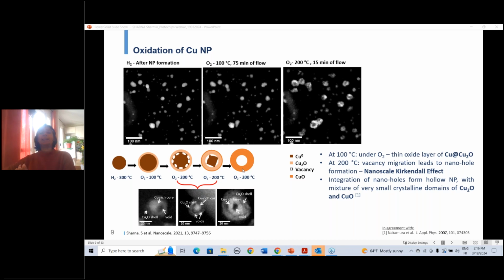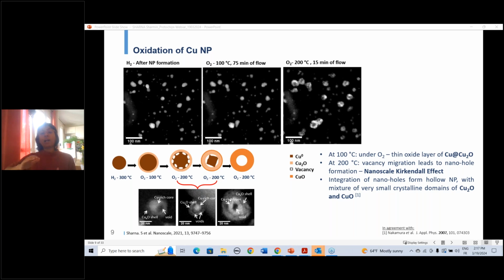Now, this can be termed the nanoscale Kirkendall effect. The Kirkendall effect arises due to a difference in the diffusion coefficients. Originally, this was observed in alloy systems. For example, if you have an interface of copper and zinc and you apply heat, they will form an alloy. But one of the species, zinc, will travel faster than copper. As a result, the mixing will cause voids as the zinc is displaced. This is a similar effect to what we see in these particles here, due to the difference between the diffusion coefficient